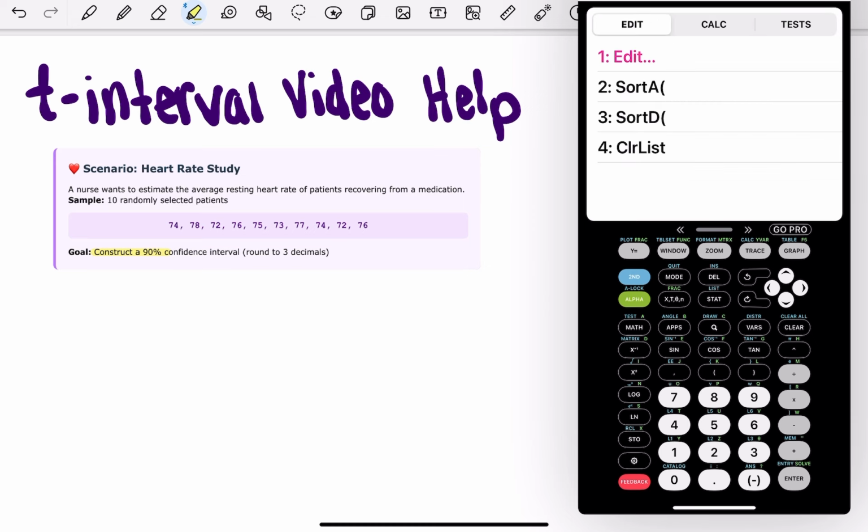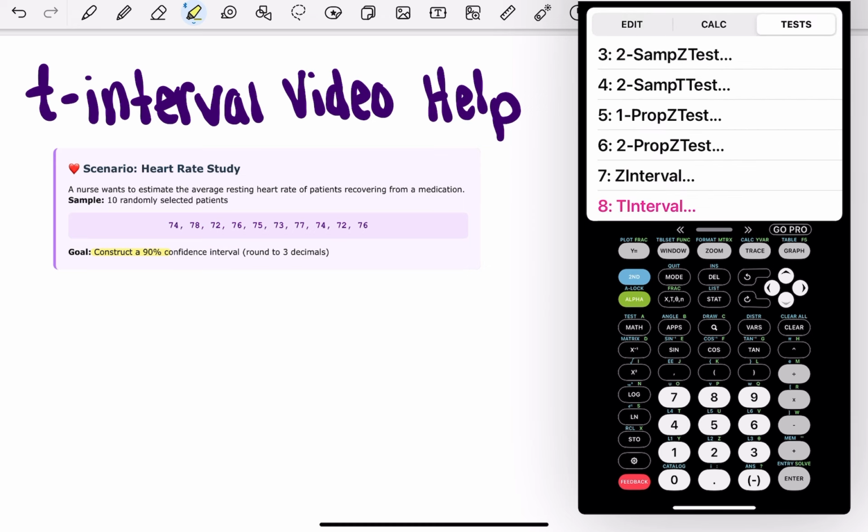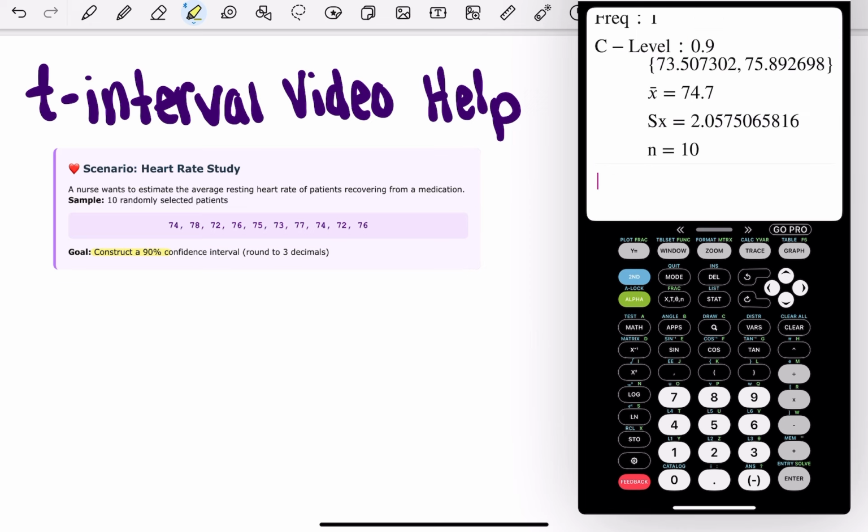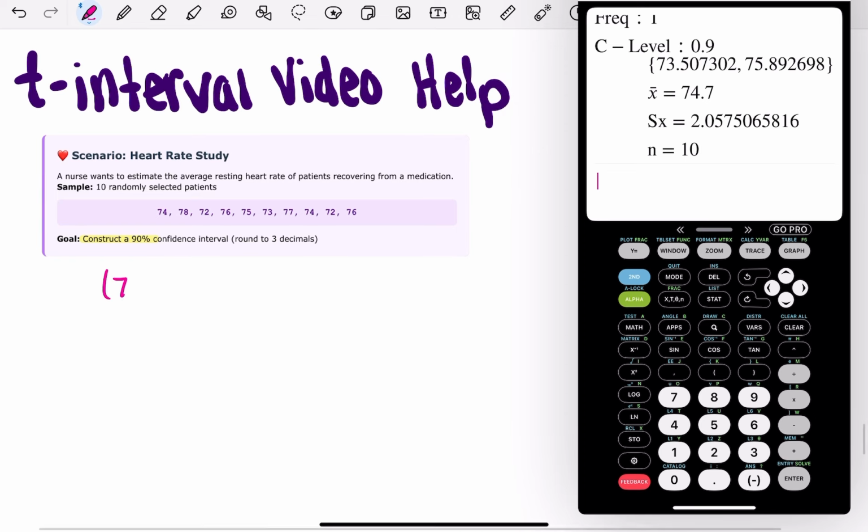So remember, our input screen is where you type in your values. So this is our input screen. And then our output screen is once you hit calculate, that is your output screen. So our output screen gives you the interval for this problem. So our interval is 73.507 and